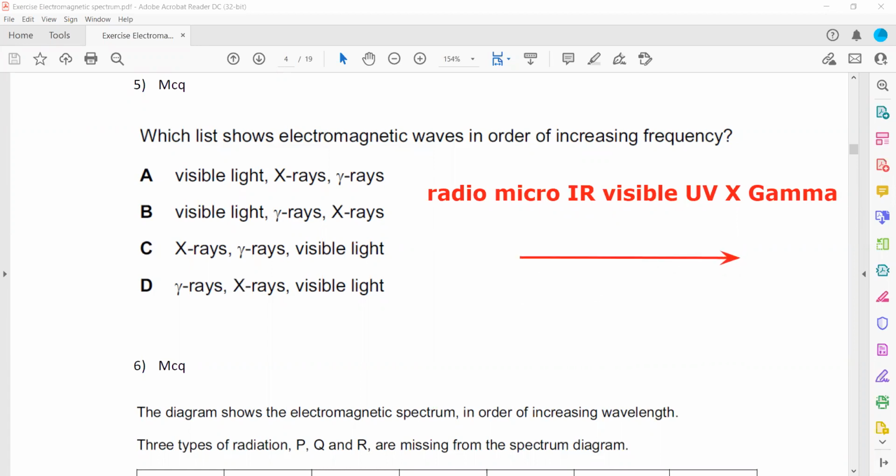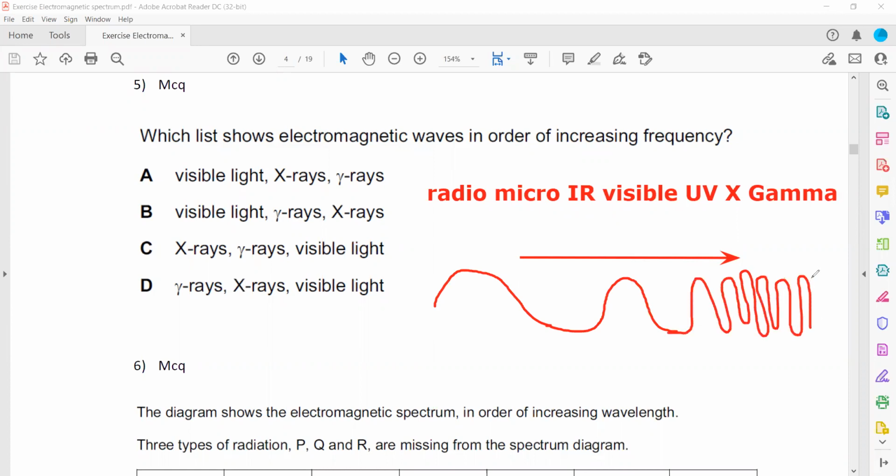So in this order, moving from radio waves to gamma, the frequency increases. Gamma has the highest frequency, greater energy compared to that of radio. So the correct order of increasing frequency: after visible, it should be